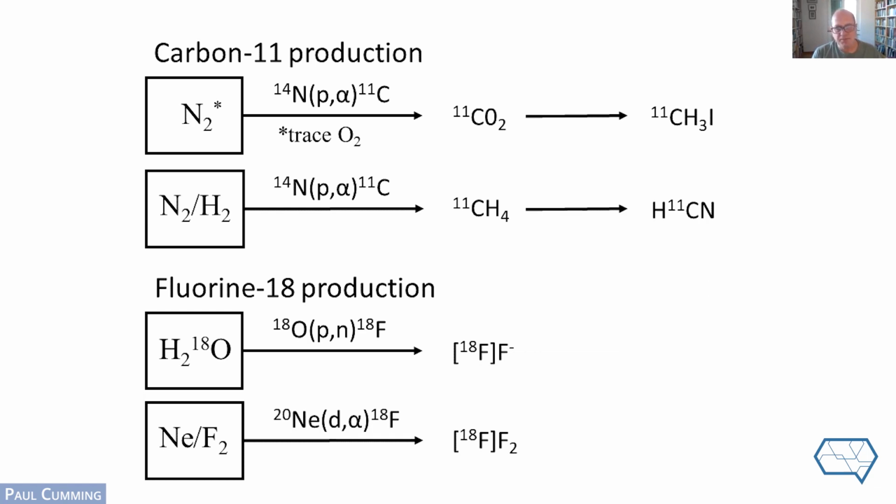Carbon-11 has certain advantages, but it's logistically difficult to use in PET imaging because it has a physical half-life of only 20 minutes. That means you have to fire up the cyclotron and really within a matter of half an hour produce the carbon-11 and do some very rapid chemistry that has to be up to GMP practice to produce a product within less than an hour that is ready for intravenous injection into a volunteer. And this is not something that can be done everywhere. It requires a lot of coordination.